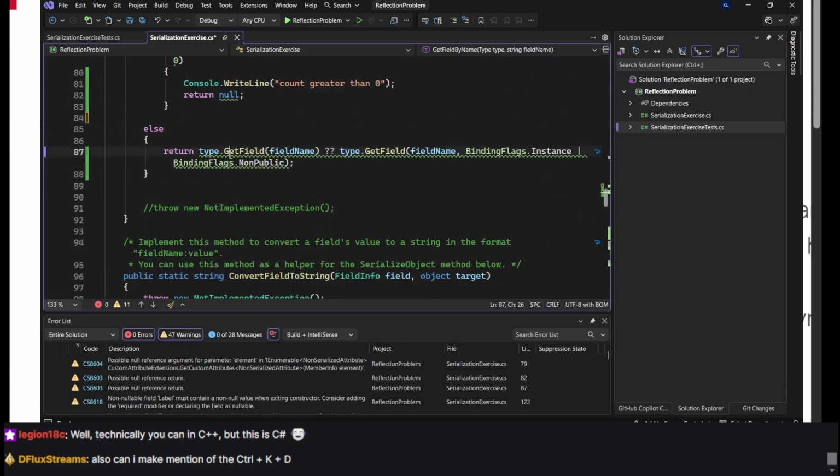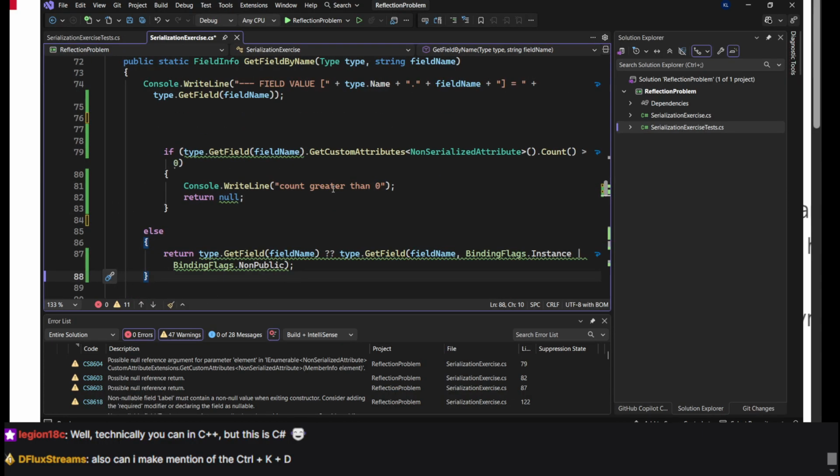I feel like there's no solution I can think of right now besides something where I can actually check the binding flag on something. Binding flag, is this a type? Enum. Possible null reference return. So maybe I just go,